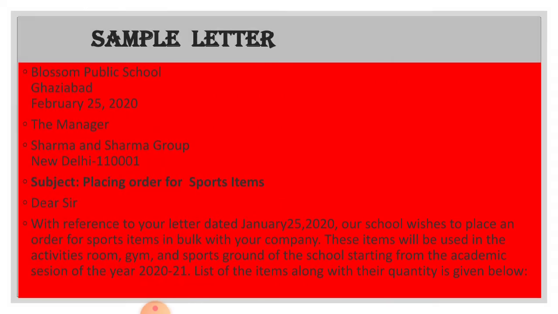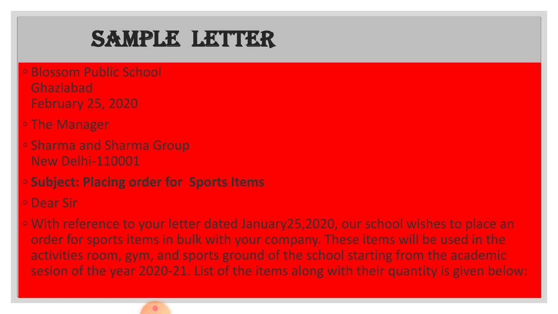Just go through this. We begin obviously with the sender's address. So here the sender's address is Blossom Public School, Ghaziabad, February 25, 2020. So this is the date written. And now we come to the receiver's address. The receiver's address begins with the recipient title. It could be the manager, the dealer, etc. Then the name of the company or group or firm, Sharma and Sharma Group, and the city is New Delhi, zip code